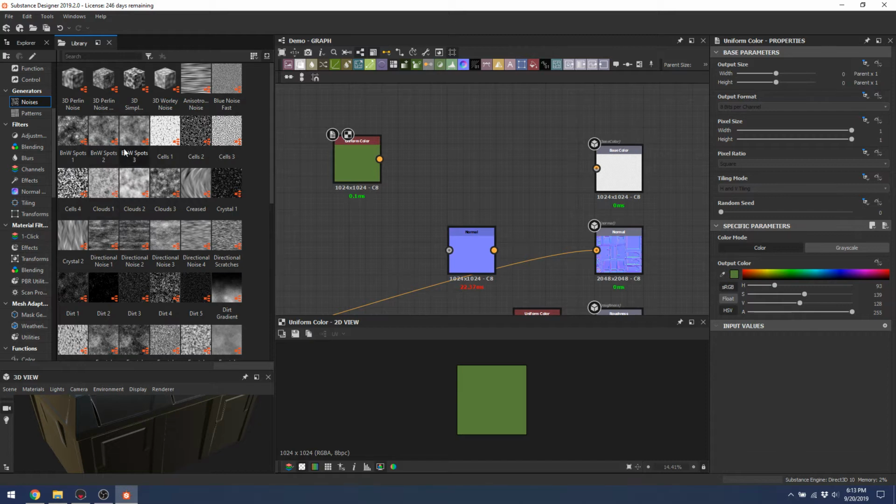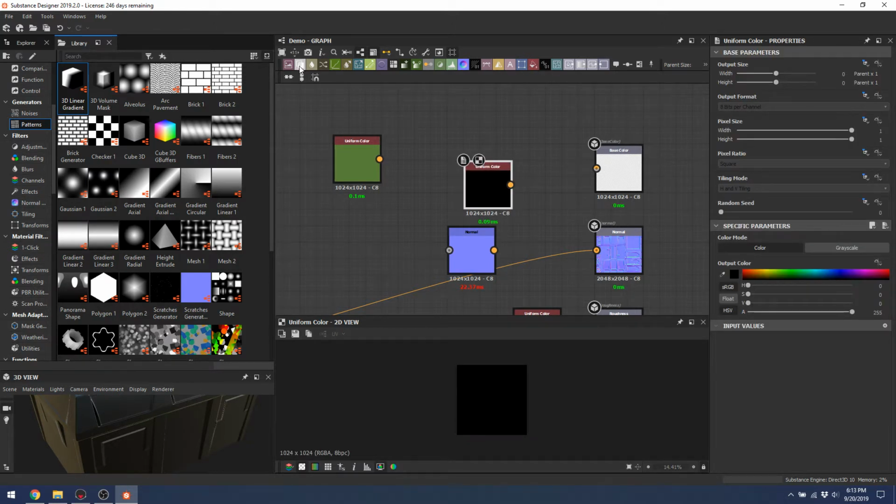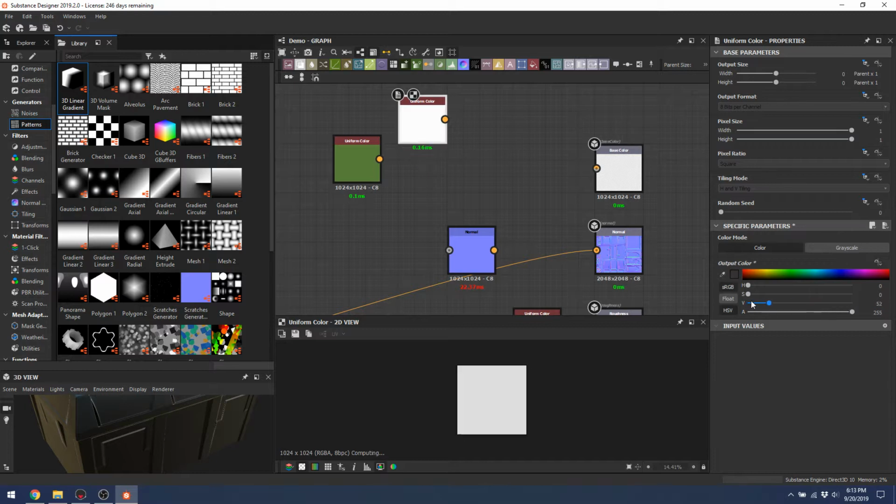There's a lot here, and it all looks very complex, and it is, but when you get down to it, this is all things that you can learn by experimentation. What you really need mostly is up here at the top. So this paint bucket tool is your most valuable, it's your uniform color, and it is just a droplet of color that you can control over here like you would your Photoshop